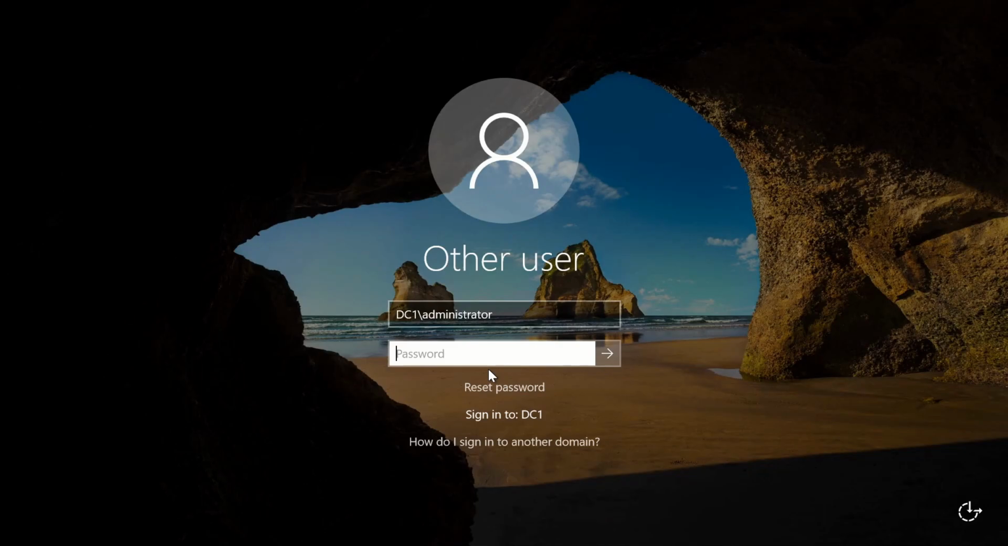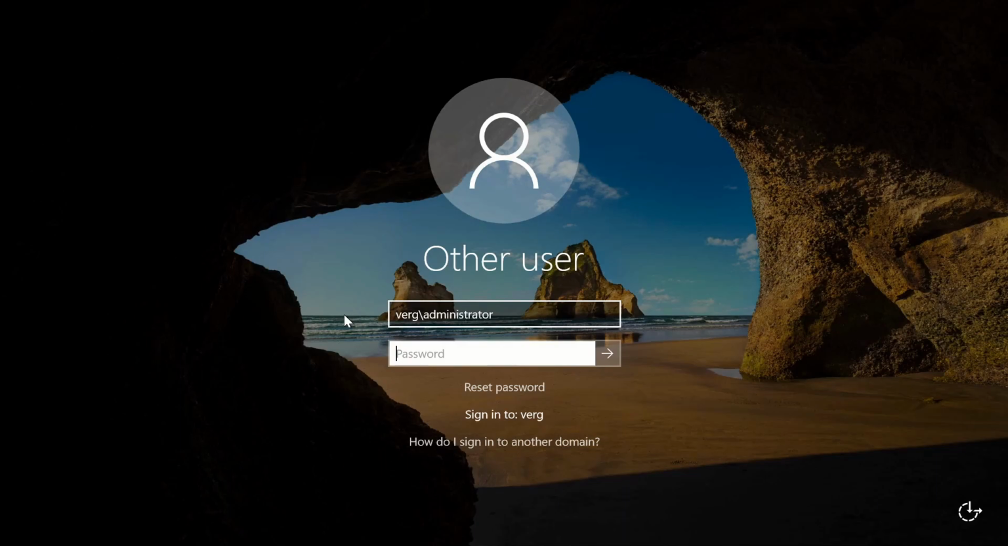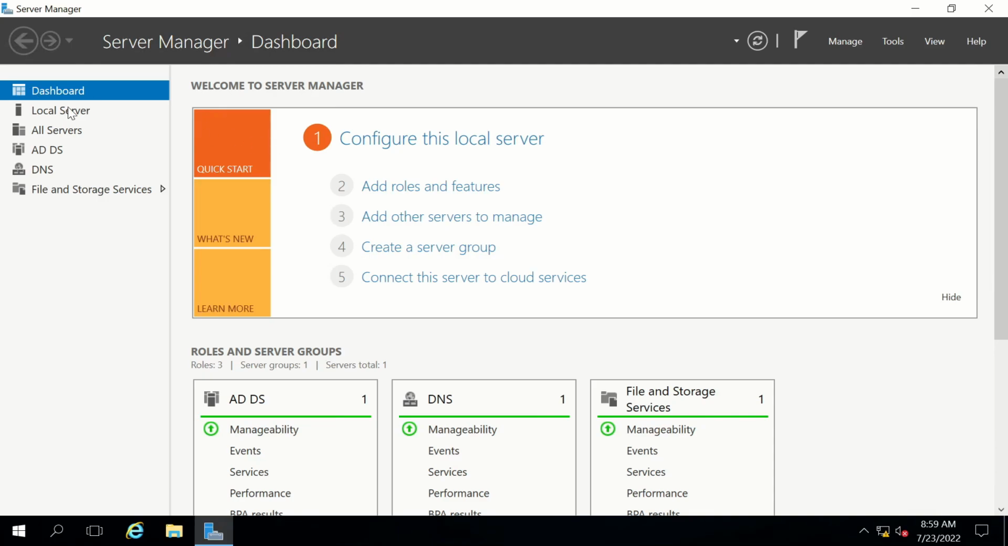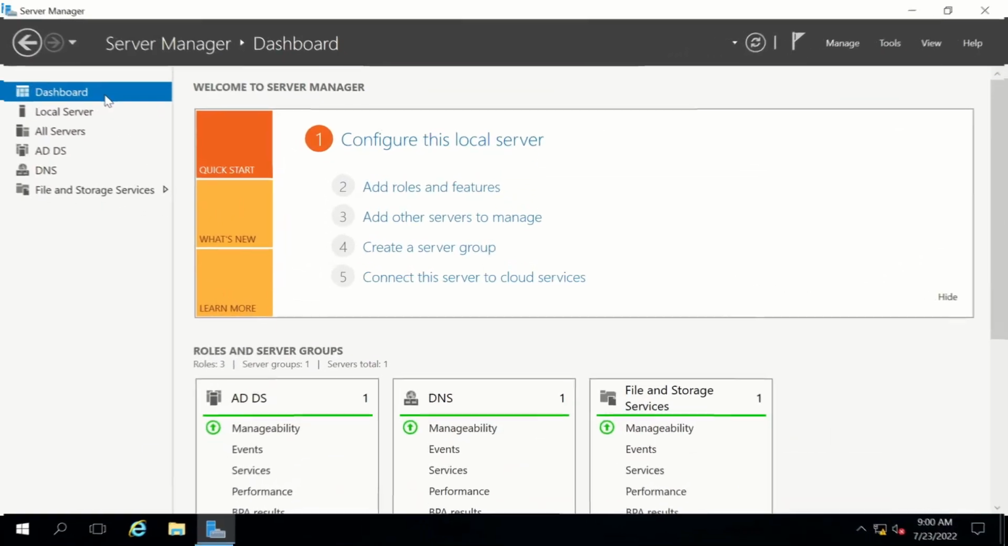Okay, device is up. Let's connect to the device with domain credentials, verg administrator and its password. Now you can go to local server, and as you can see, it's verg.local domain. Now let's go to dashboard and install